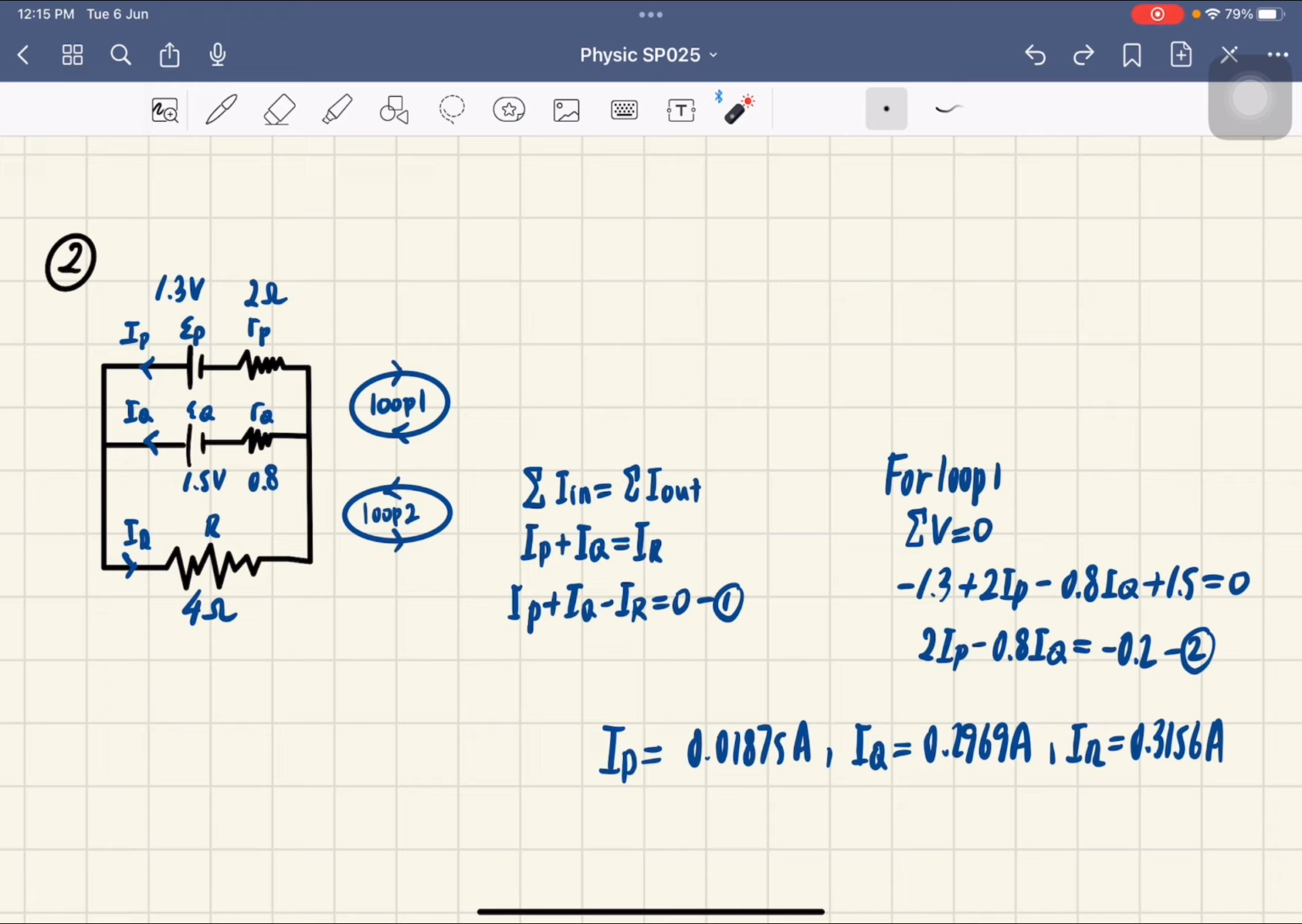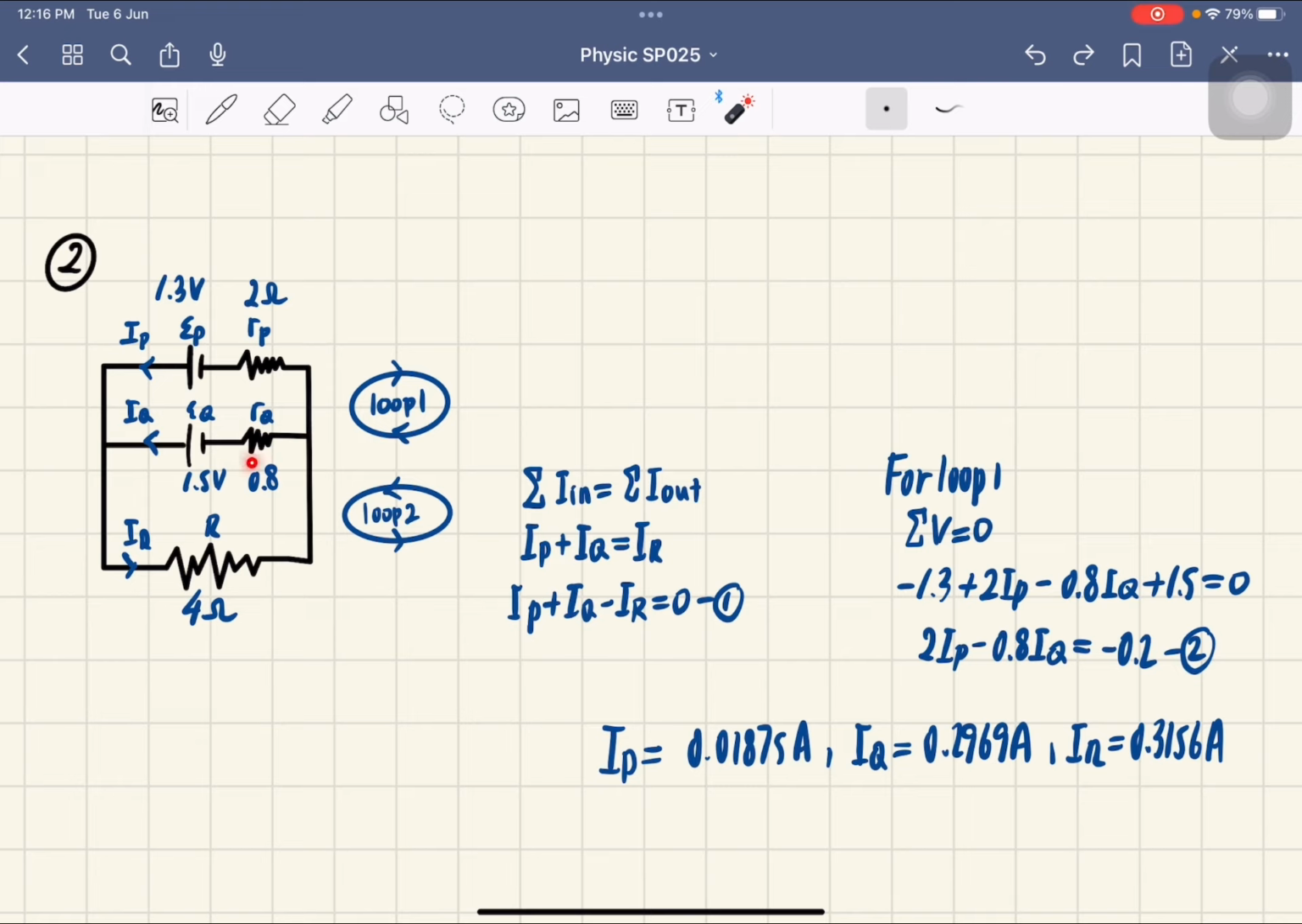Since the EMF direction of battery P is opposite to the loop direction, we will get negative 1.3 volts. Then for the resistor P, the current direction, which is the IP that flows in this direction, is opposite to the loop direction, so we will get positive 2 IP. Then for the resistor Q, the current direction that passes through resistor Q is the same as the loop direction of loop 1, so we will get